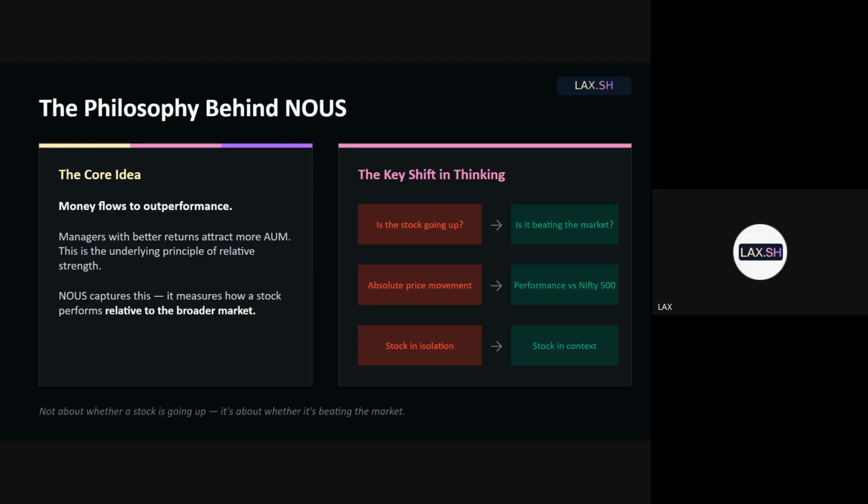So if you look at Parag Parikh, they have the AUM, which is what? North of 1 lakh crore, right? More than 1 lakh crore AUM they have, right? But if you look at the same Parag Parikh, they were the same Parag Parikh, right? Same style, same guys running, similar kind of stuff they were doing, right? If you go back to 2018, 19, you know how much AUM they had? Anybody has any clue what kind of AUM they had in 2018? So that is basically 7, 8 years ago. Anybody who can guess it? Some wild guess.